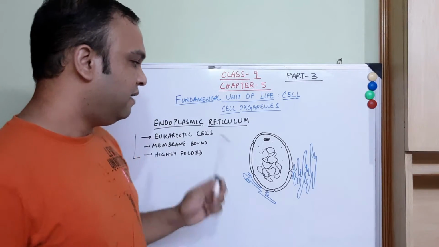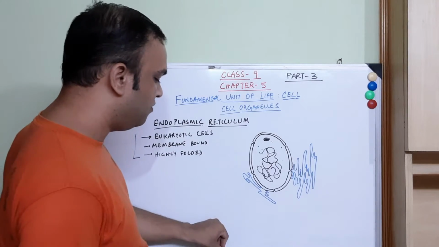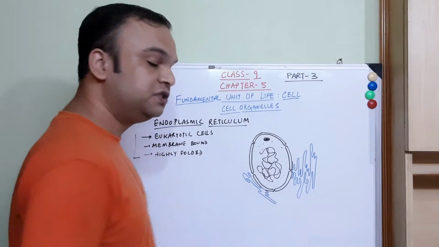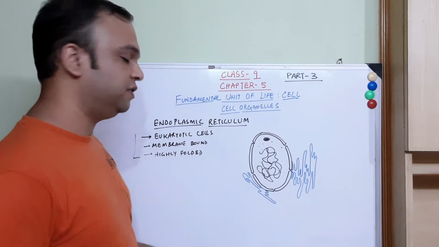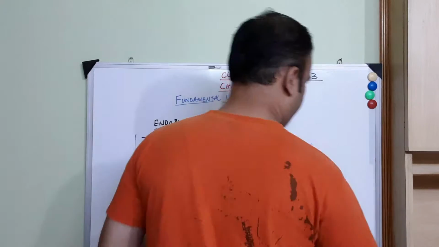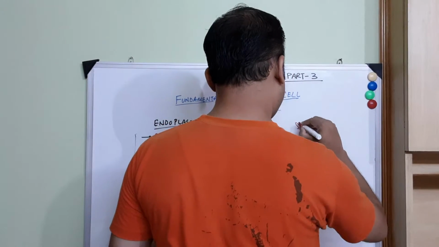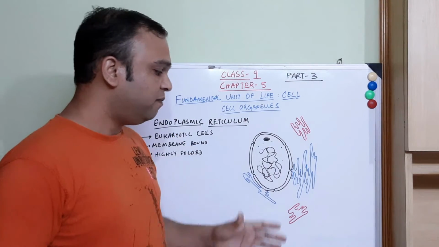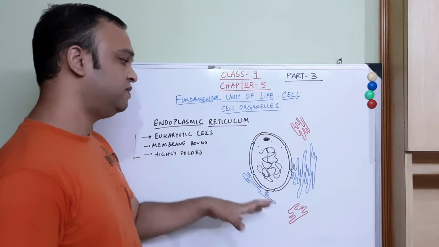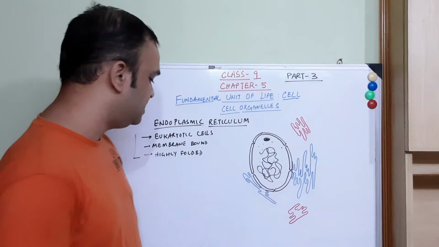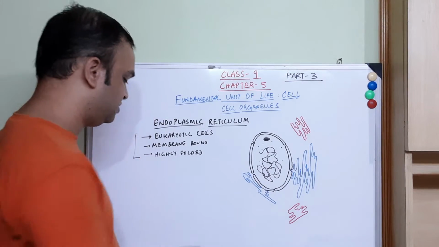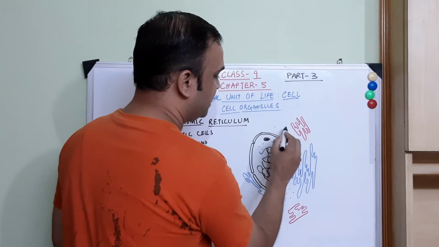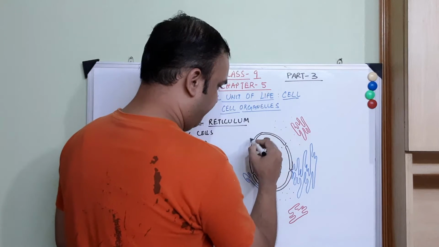Besides this, the endoplasmic reticulum is also found in the cytoplasm. They are also free floating, okay? So let us see how this free floating endoplasmic reticulum is found. So what we see is that endoplasmic reticulum is found at two places, one which is attached to the nucleus and one which is present freely in the cytoplasm. Here I want to say that this empty space is the cytoplasm where this endoplasmic reticulum is freely floating.